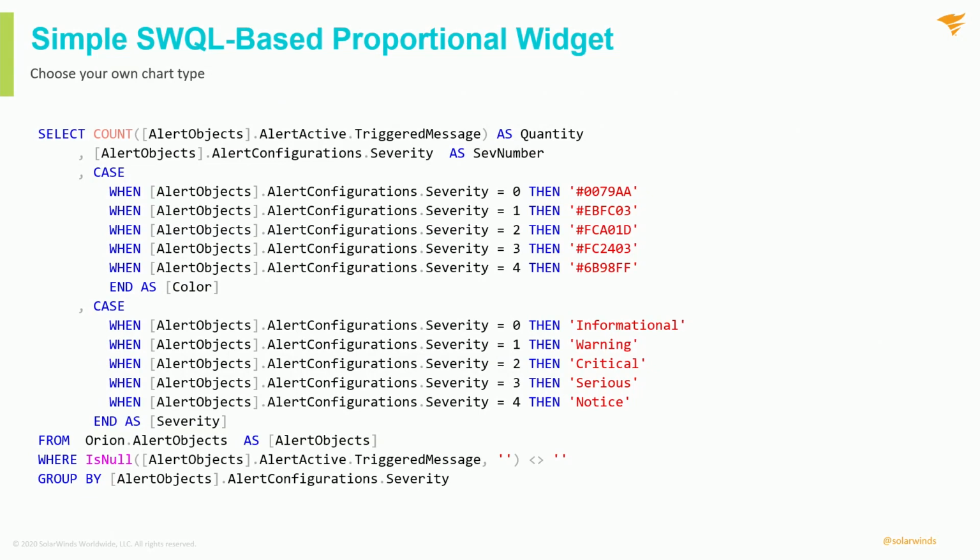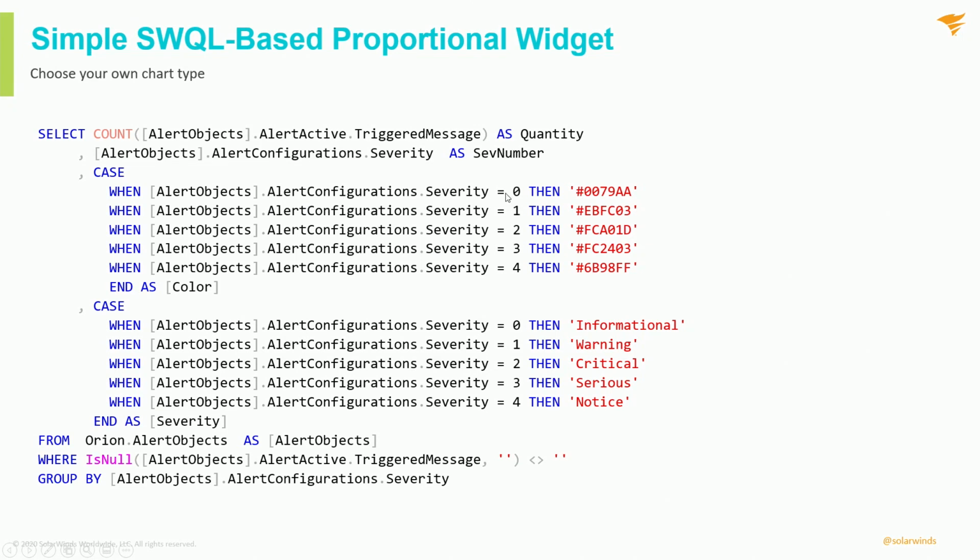Now, I call this a simple widget in the title here, and it technically is, except I'm doing a little kind of well, let's be serious here. I'm making it pretty. And this is maybe not the first one you would build, but maybe the second one you would build. And this is inspired by a post that was on Thwack when modern dashboards were originally released. And what this does is it pulls in the quantity, it groups it by the severity. So up here we are counting quantity. Down here we're grouping by severity. And then I'm actually sending some very specific information in.